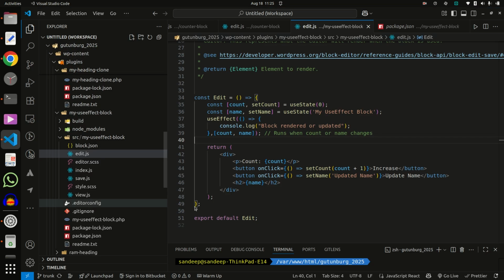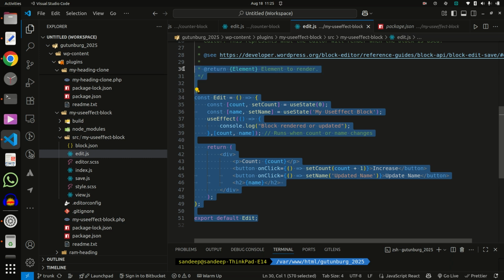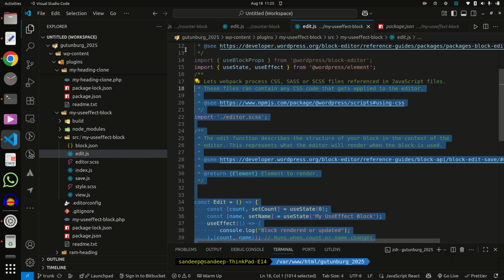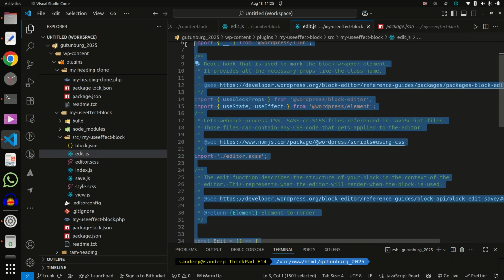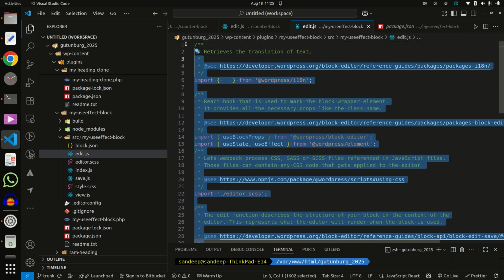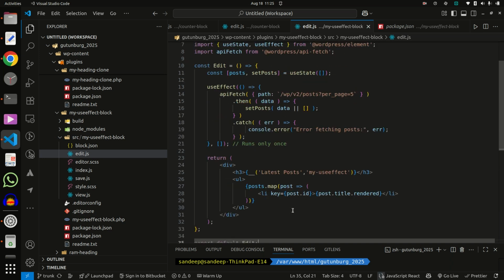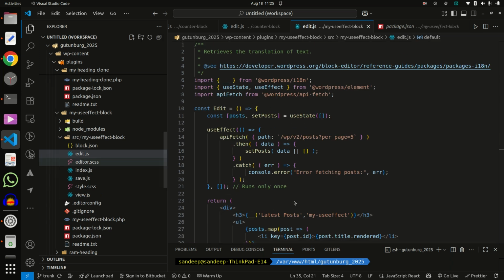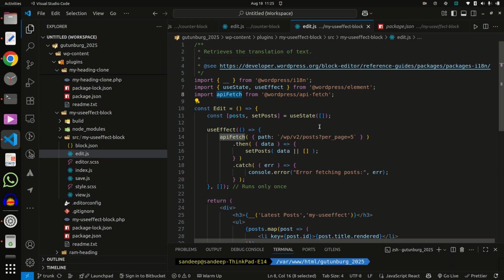Here I simply call useState and useEffect, which I already did, and I import apiFetch from WordPress.